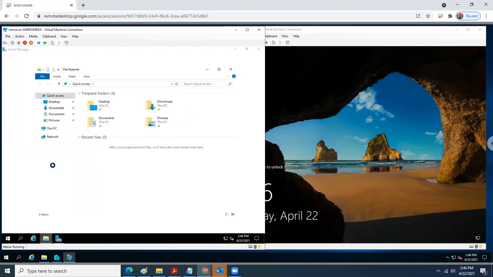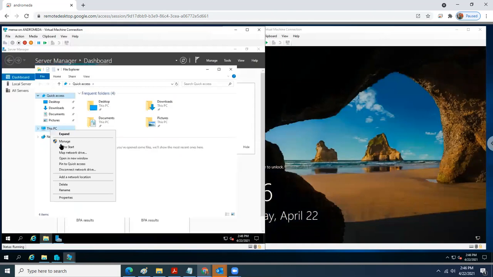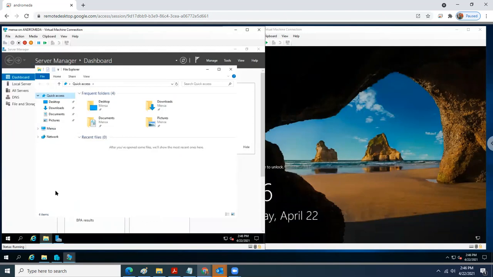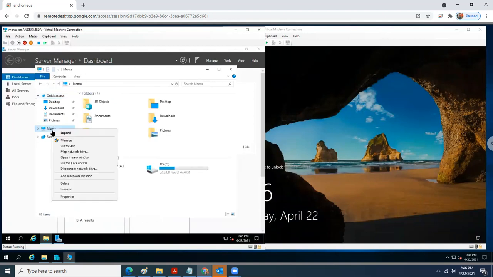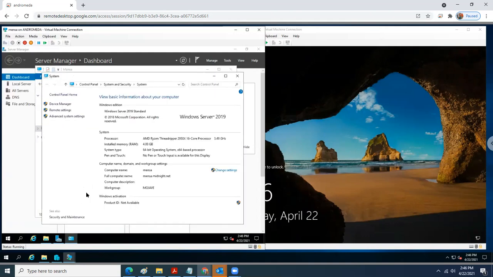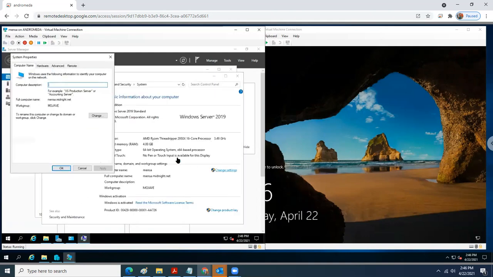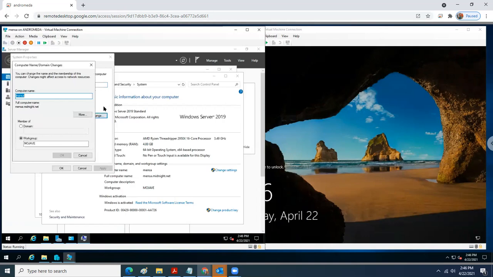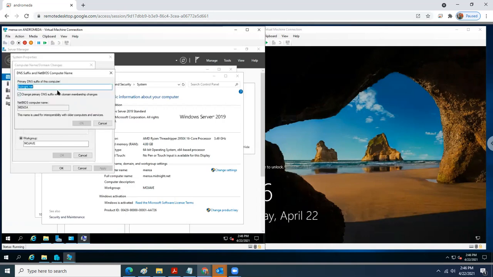Got to rename this Mensa, so when I'm looking at the PC, I know what I'm dealing with. I'm going to go into here and change this to